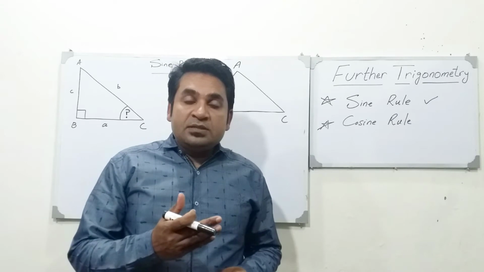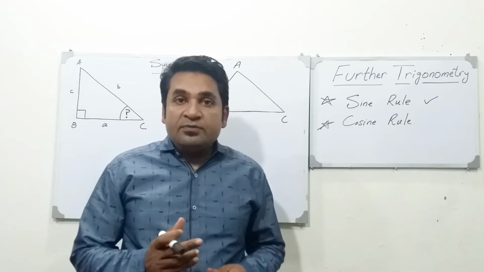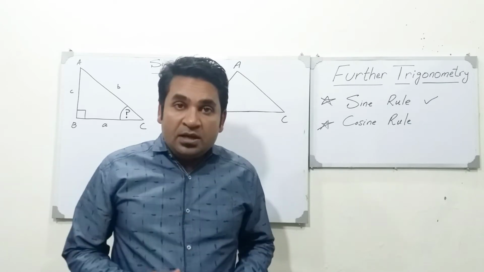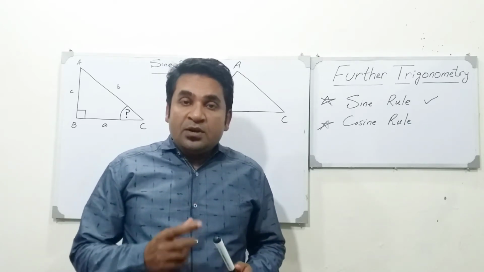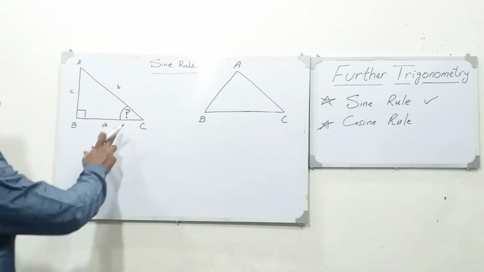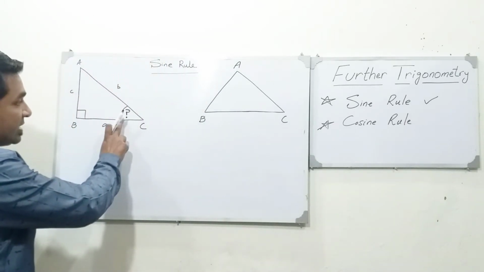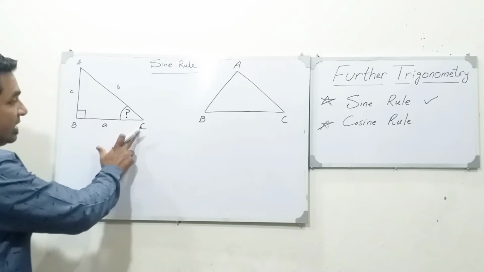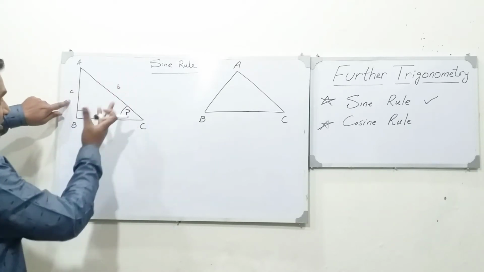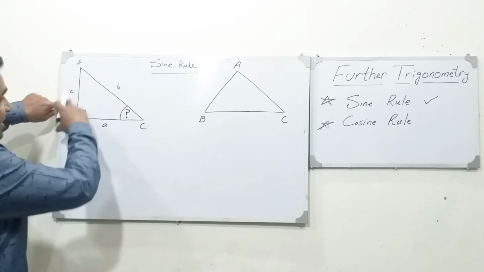There are also angles given. One angle is 90 degrees, and if one of the other two angles is unknown, then again we can use those ratios to find the unknown angle. Let me give you an example. Here I have marked the question mark, and if you want to find angle C,